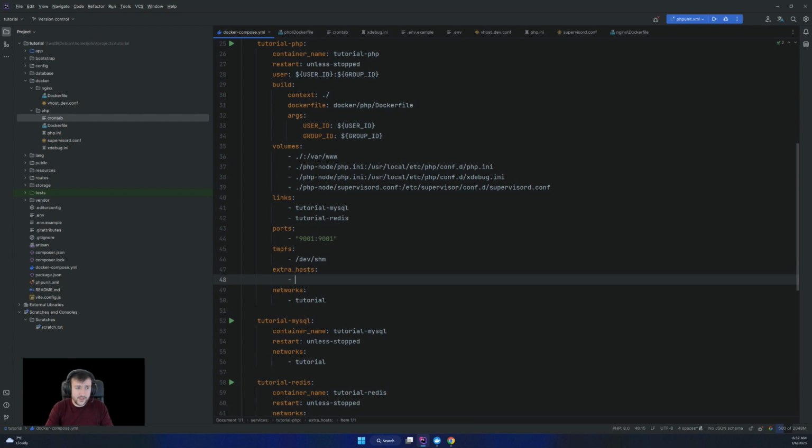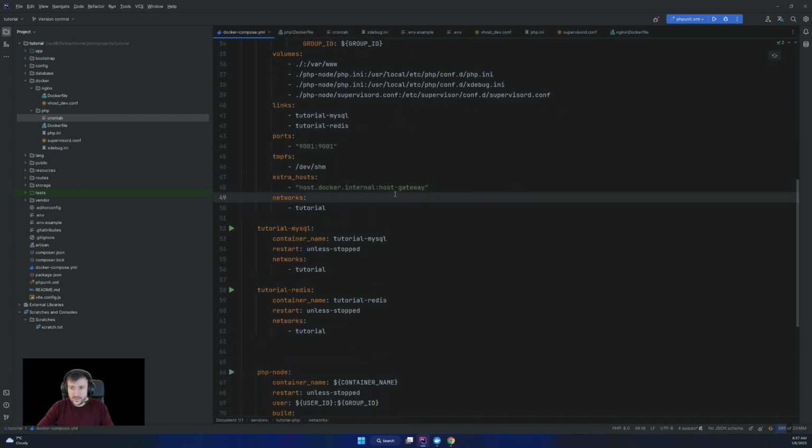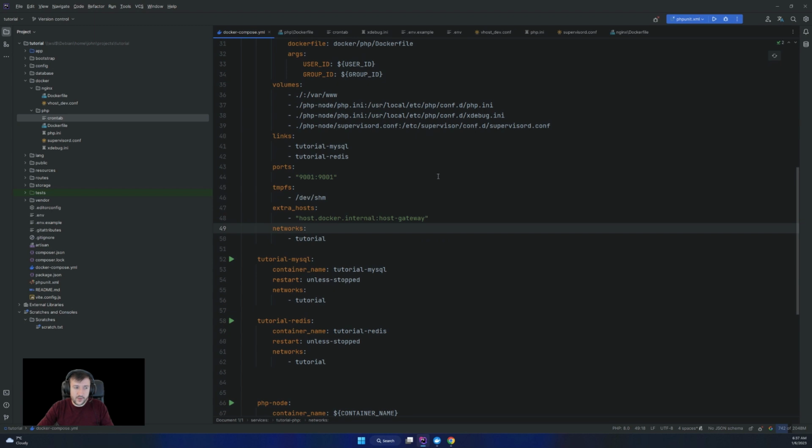And for extra host here, I'm gonna say that host.docker.internal is going to be host gateway. So like this, and now we'll be able to run Xdebug.